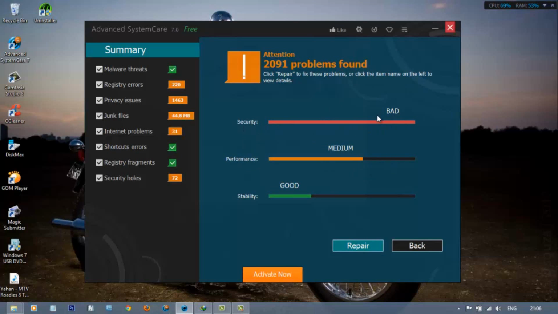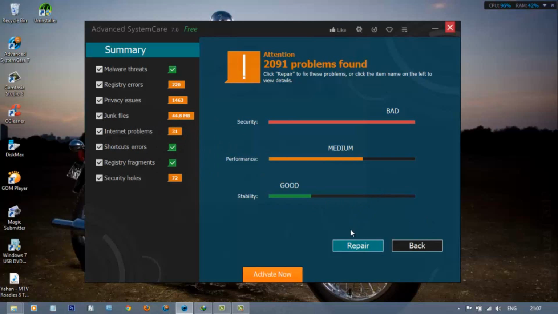In terms of security, it says really bad, maybe because there were 1463 issues found. And in terms of performance, which is mostly related to the junk and errors on my computer, there are just 44 megabytes of junk, and the registry is also fine, including the shortcut errors. They are minimal.